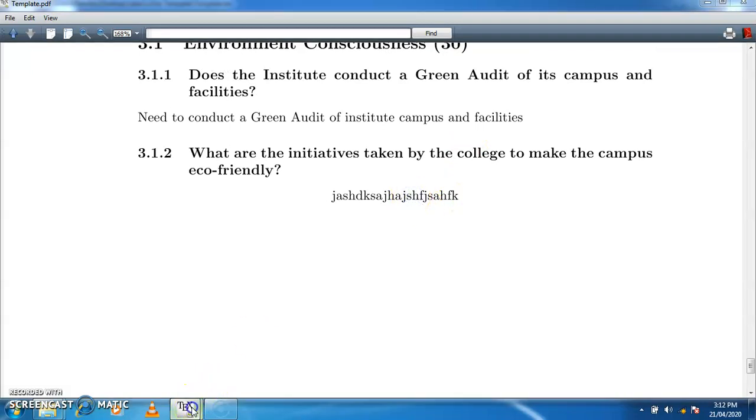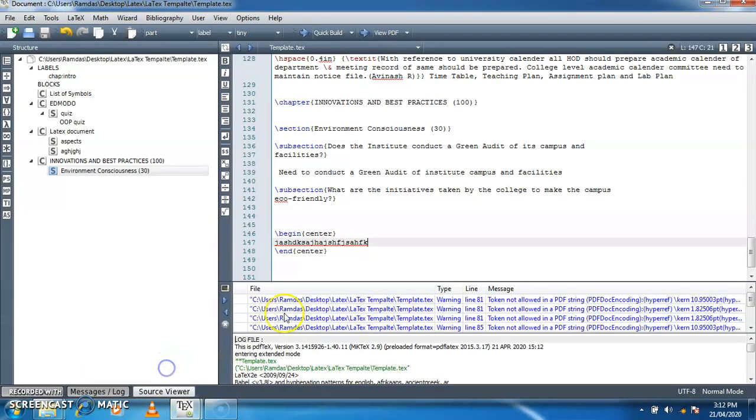Now by default we are aligning it to the right, justified. If I want to align it to the right, justified, I need to comment the command. To comment a command in LaTeX, the syntax is to use the percent sign at the beginning of that particular line, so that line automatically gets commented.